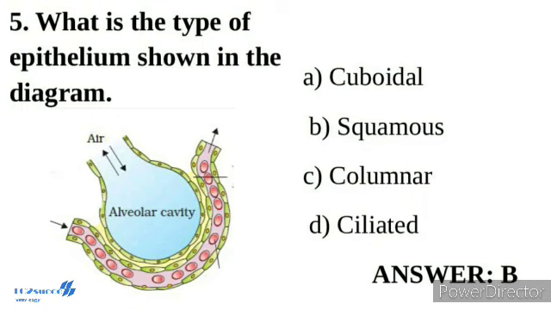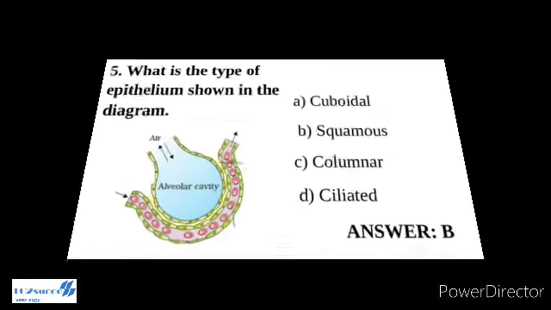The diffusion membrane is made up of three major layers, namely thin squamous epithelium of alveoli, the endothelium of alveolar capillaries, and the basement substance in between them. However, its total thickness is much less than a millimeter. Therefore, all the factors in our body play a role for diffusion of oxygen from alveoli to tissue and that of carbon dioxide from tissue to alveoli. So the correct answer is option B, squamous.